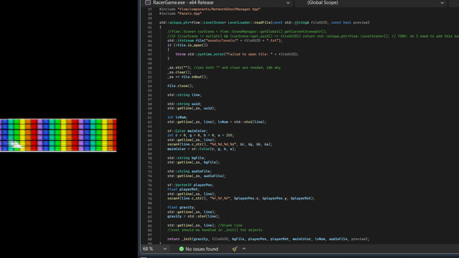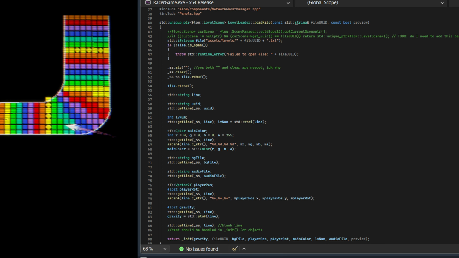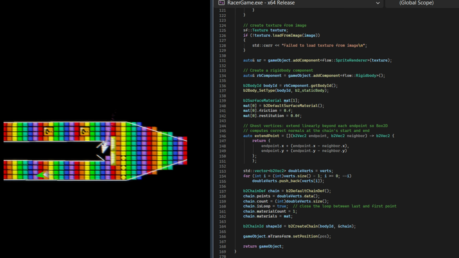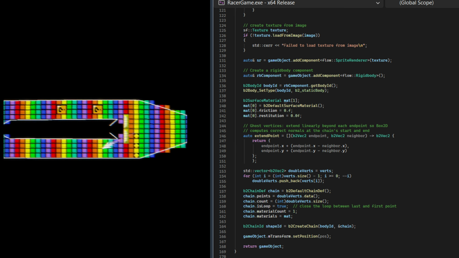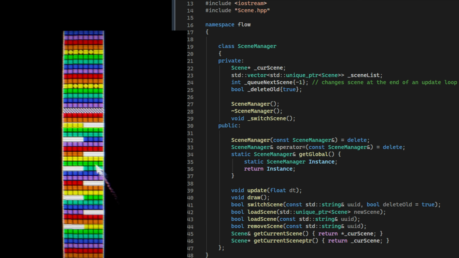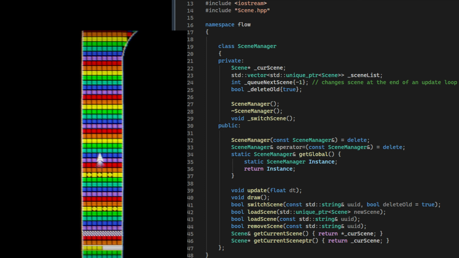Level Loader is used to read text files from a known directory. Wall Generator is used to transform the instructions from the text files into game objects that are passed into a new scene. Then Scene Manager takes the scene and calls functions within the game objects to update, draw, and render